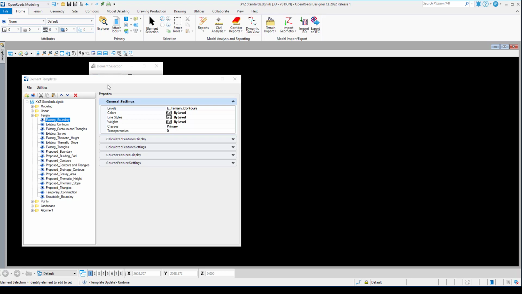In this video, we'll focus on element templates for terrain elements. In a previous video, we imported some element templates, and we see the terrain ones here. I've got the existing boundary selected, and that has general settings telling it what level, color, weight, style to use